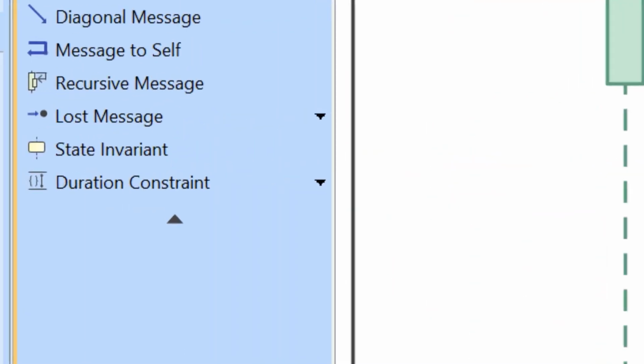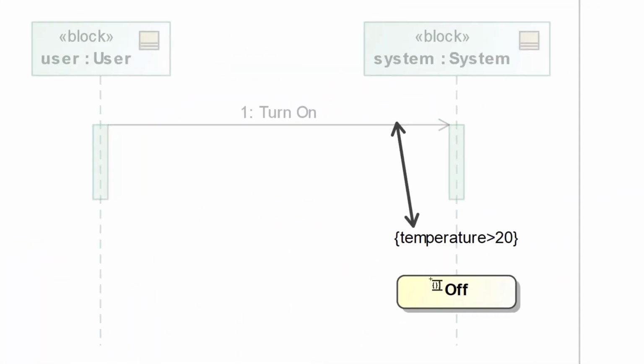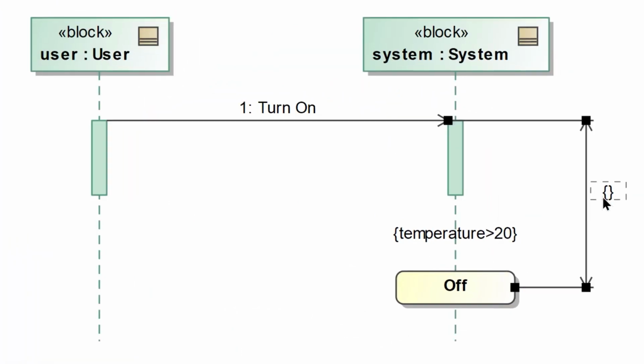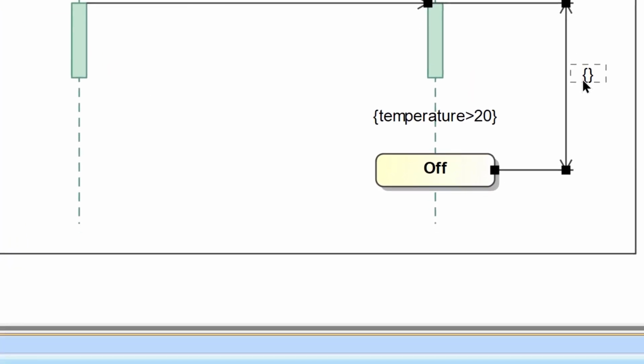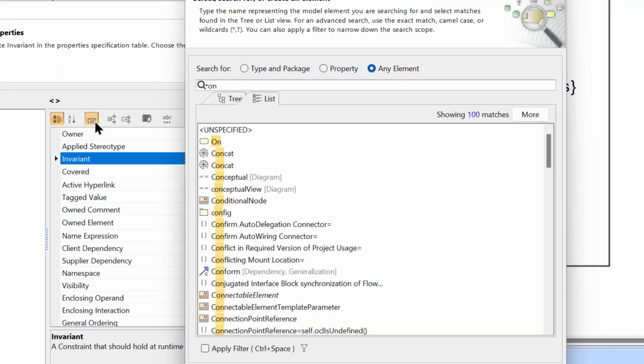The other thing that you can do with this is add in the duration constraints. So if you were to have a duration constraint here that said 1s, then this would also check that the system is in this specific state after receiving that signal within 1 second. So we can change this back to the on state,